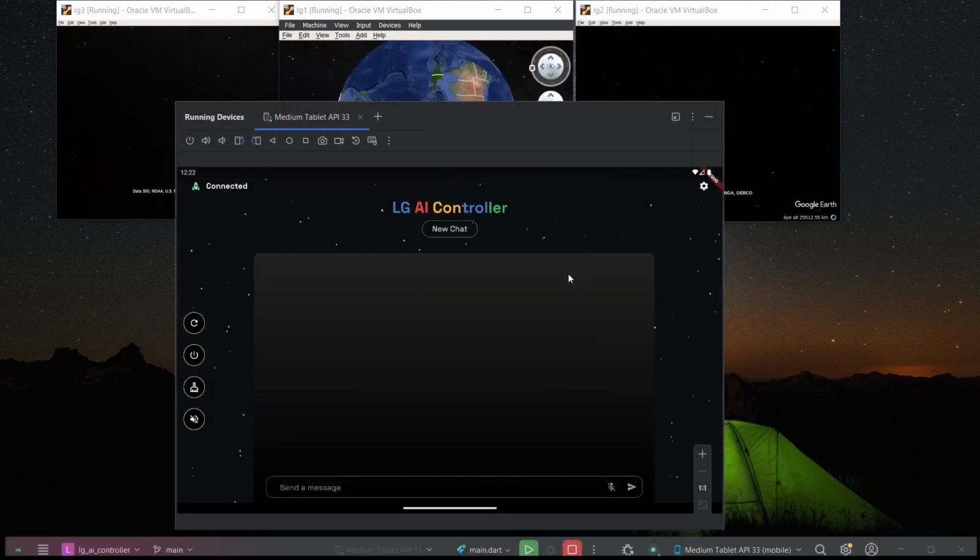Now after the relaunch has been done, we explore the last functionality of this application, which is the voice functionality. Now if I click on this icon, give me 3 places to eat in Kolkata. And I click on the send button.